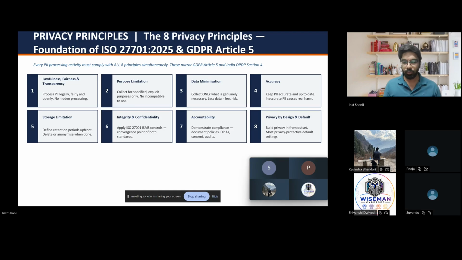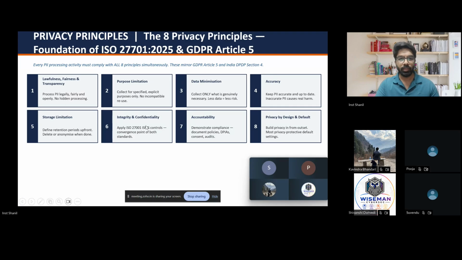So that you get to know, once I complete the 3 month period, my data will be automatically deleted by the company. And after the end of 3 months, you can always reach out to the company and ask them to give me proof if my data is deleted or not as per contract. So that is storage limitation.